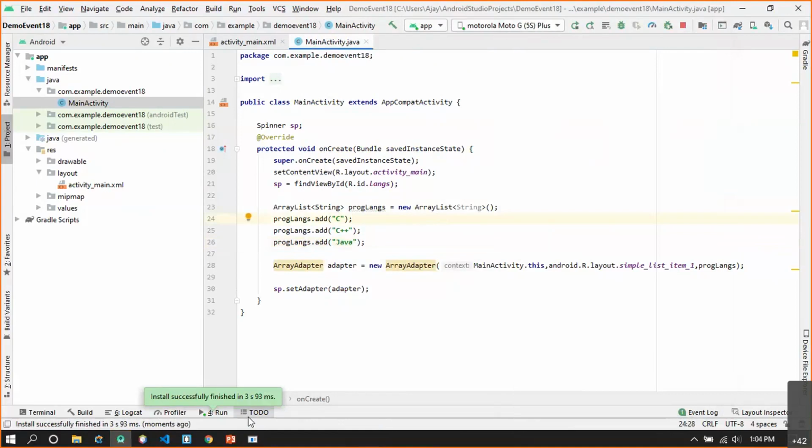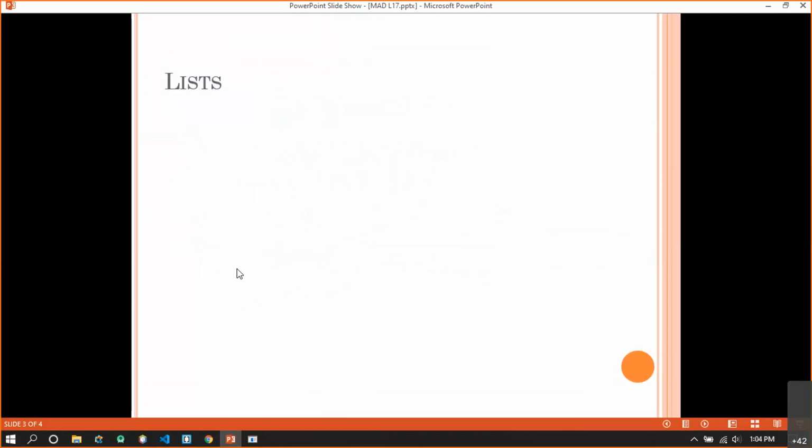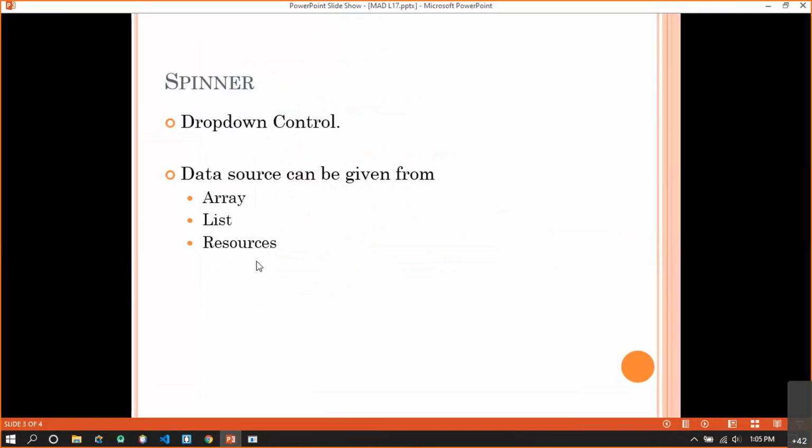Now the most important thing is the third one: how I can build the array list from the resources. This is very important whenever you have a very large number of items and you want to add them inside a spinner.